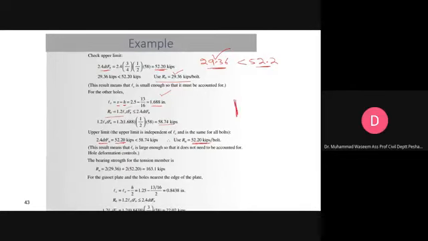If these 2 bolts here, the strength over here is Rn, 29.36 kips per bolt. Okay, these are for these two bolts. Over here